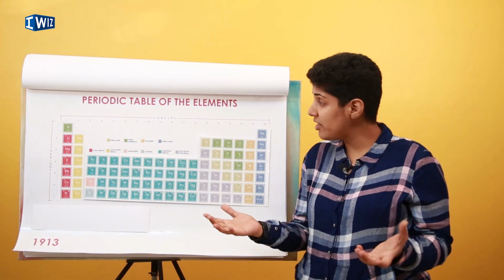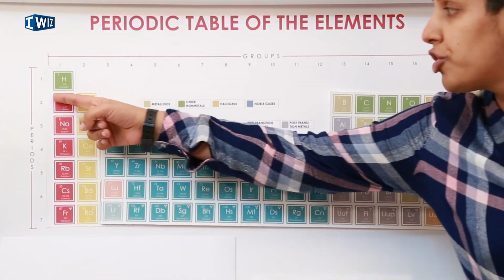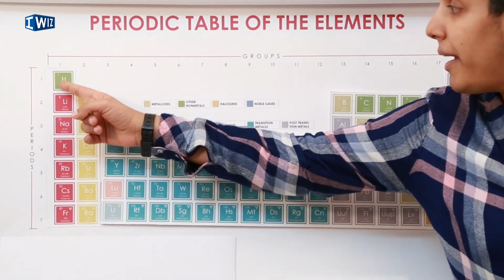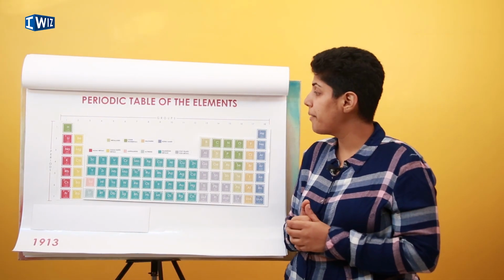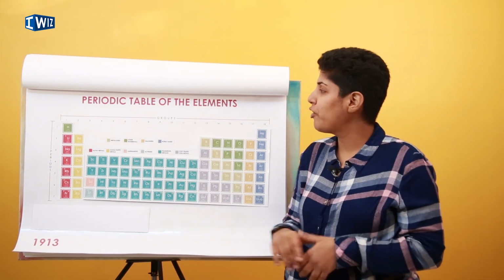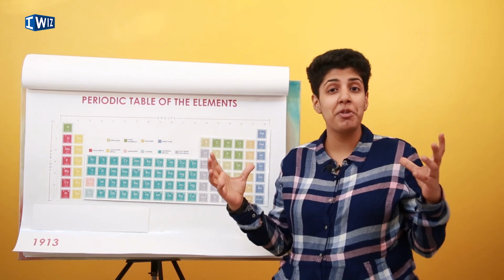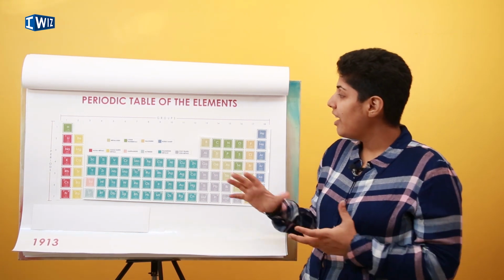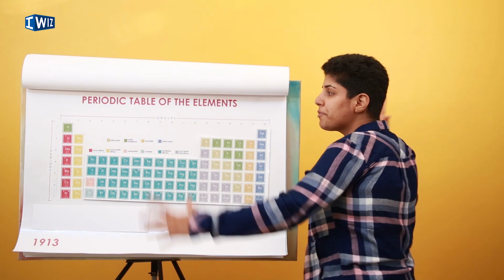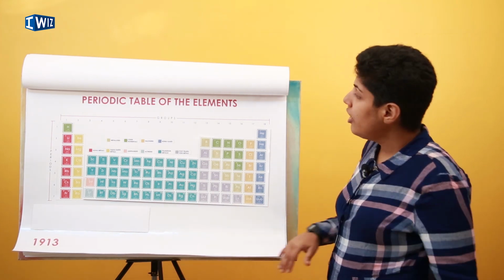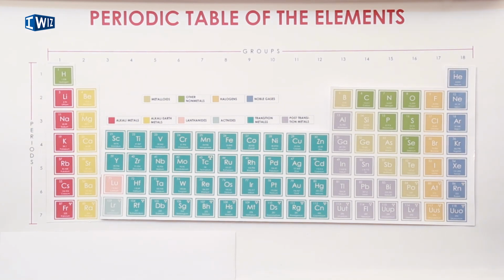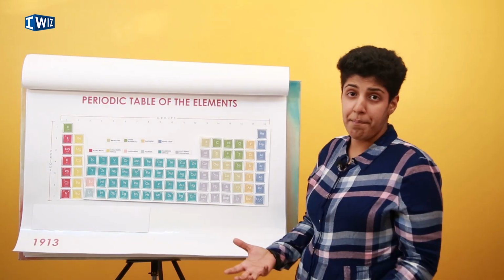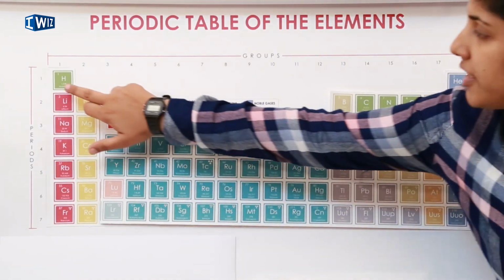There were no exceptions except where hydrogen should be placed. Hydrogen is a non-metal, but it's placed with the metals. That is still a drawback of the modern periodic table. Maybe you can figure out how to fix that, what is the best place for us to put hydrogen. Now, let me explain this periodic table to you a little bit, okay? These vertical columns are known as the groups. They are a group because they share the same properties. All of these share the same properties.